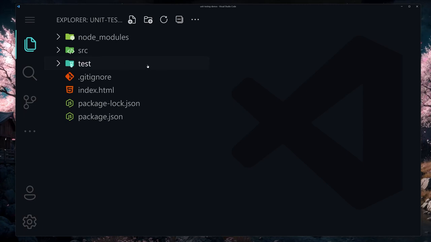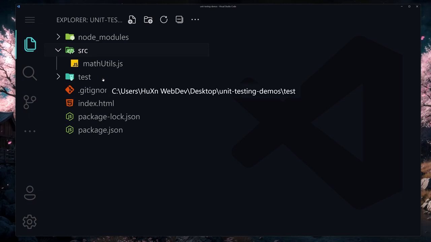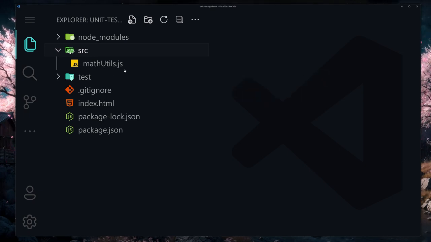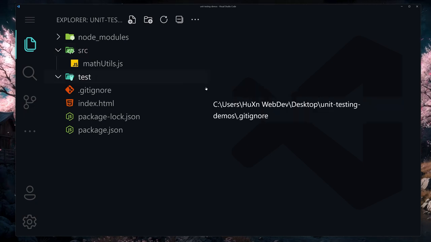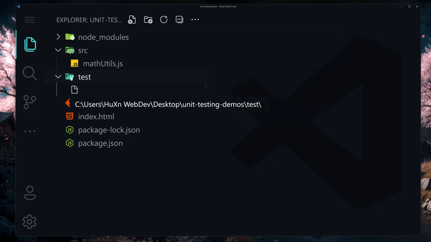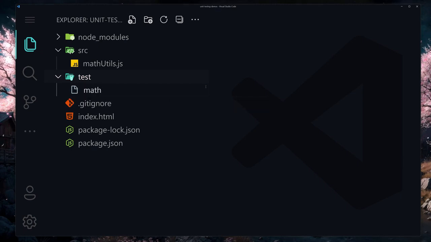And now inside there we are going to be creating our file. Whenever we are creating our test file, first of all we have to ask ourselves, what in the world are we even testing? So we are now testing our math utilities file. In that situation we are going to be creating our file with that same name. You don't have to, but I wanted to. So I'll use mathutils.test.js. Whenever you use the .test,